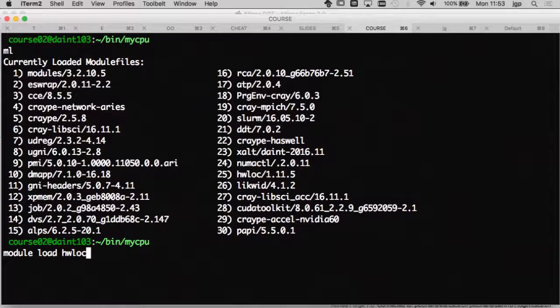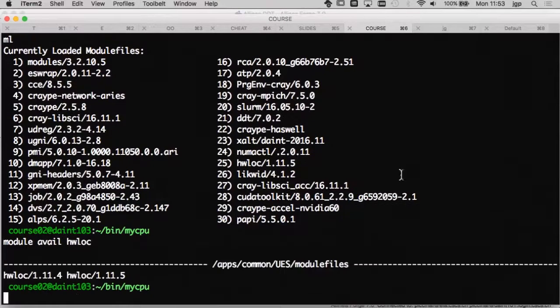Like that? Really? Okay, for me... can you try this? Do module use, and then it should appear in the list.